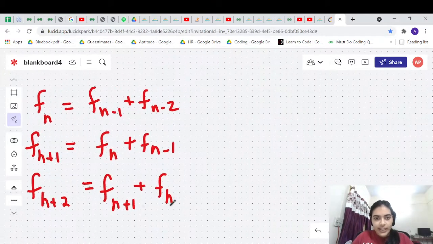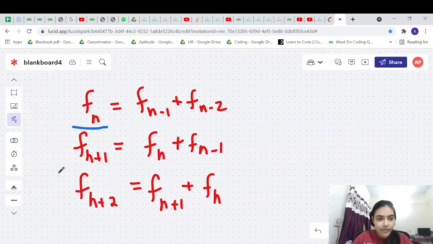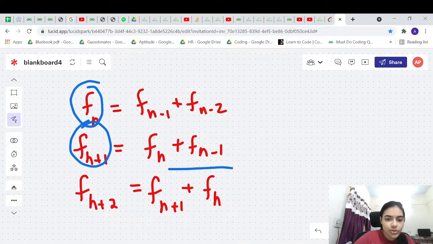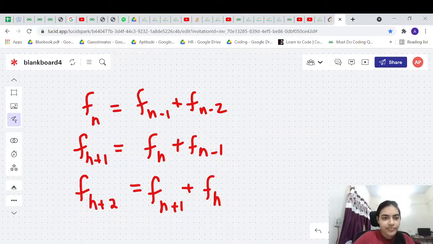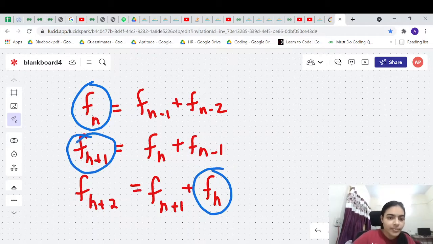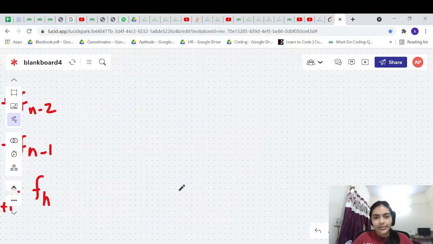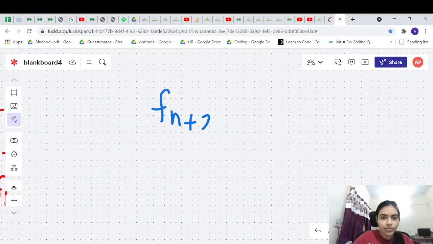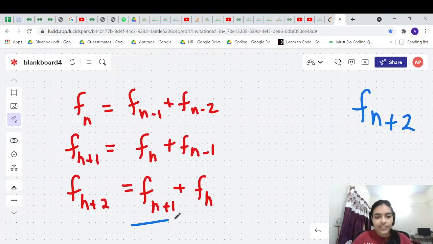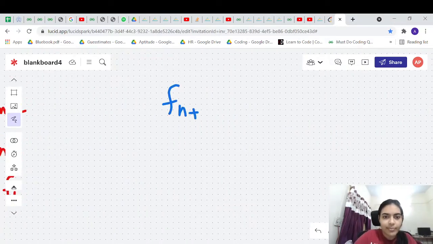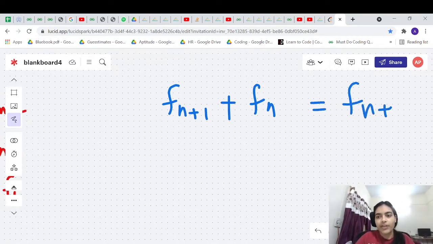Okay. Now let us say I want to build the next term. Let us say I have f of n. I have f of n plus 1. Can I build f of n plus 2? I can build, right? Because once I have these two terms, I can use these two terms to build f of n plus 2, right? This term I can use here. This term is the same as this term. When I have these two terms, I'll be able to build this term. So if somebody tells me find out the value of f of n plus 2, I can do it if I have these two terms, right? So what will I do? If I have f of n plus 1 and if I have f of n, I will just add these two terms to give me f of n plus 2, right?